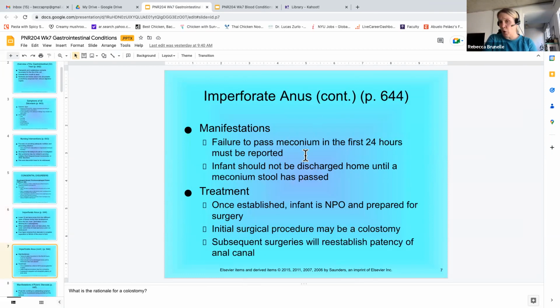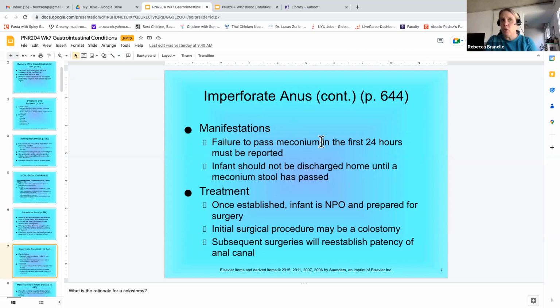There's something called meconium. Does anyone know what meconium is? Has anyone heard of meconium? That's the first poop, the first fecal movement for the baby. Yeah. So this is going to be even before they've eaten anything. Their GI tract is starting to work, they swallow a small amount of amniotic fluid, and they have some stuff moving through their GI tract before they're born. So this meconium is going to be that first poop, and even if they haven't had anything to eat, they should still pass a meconium stool.